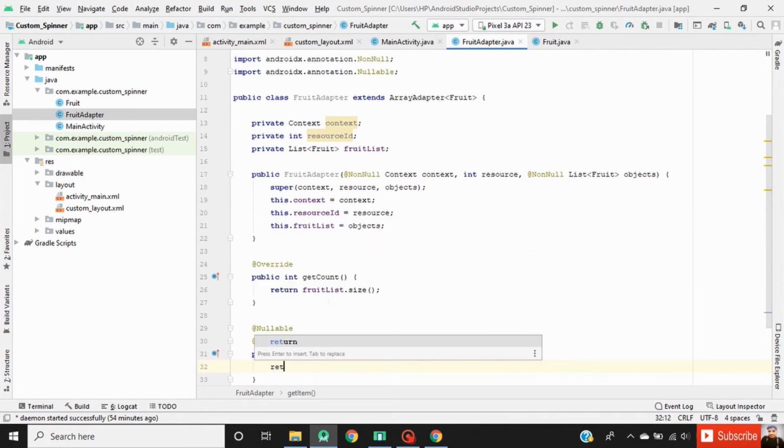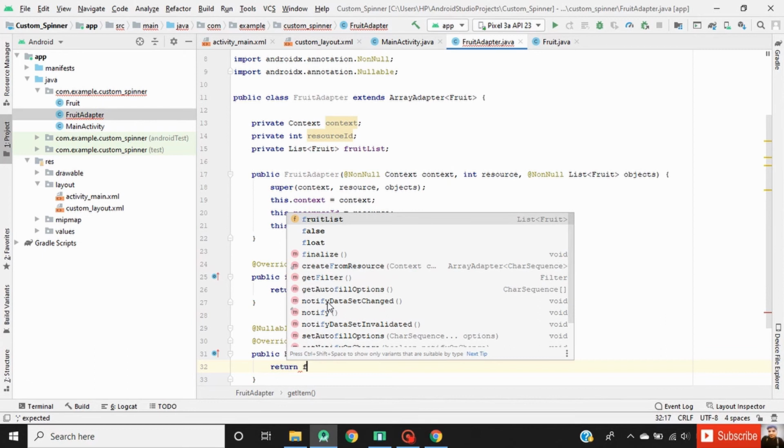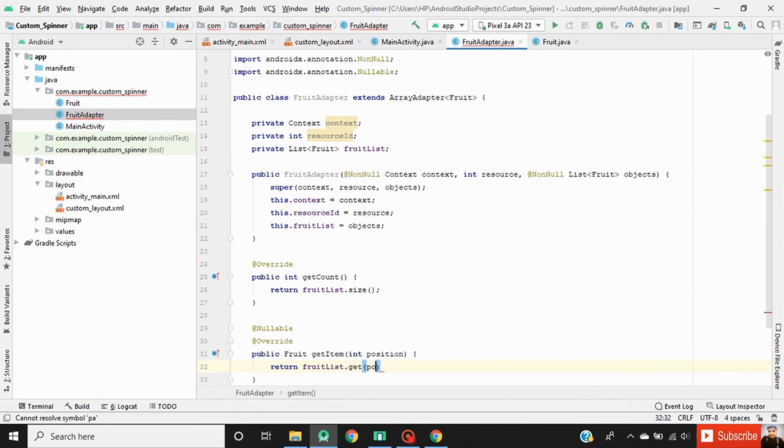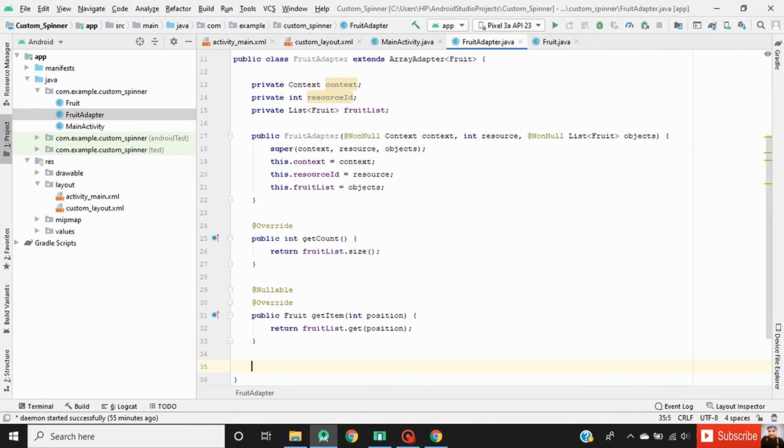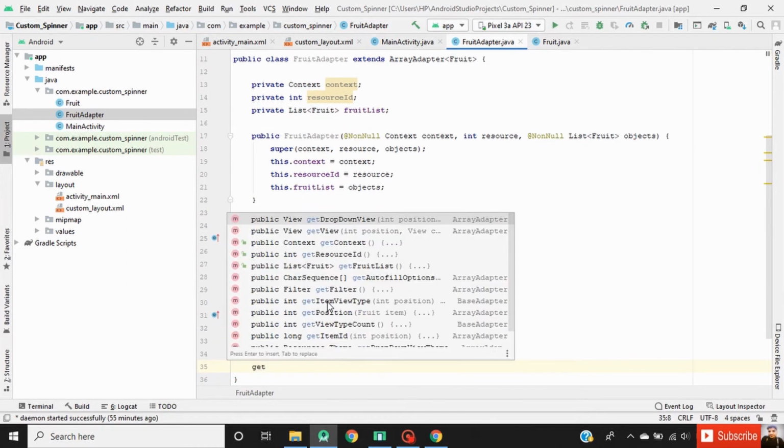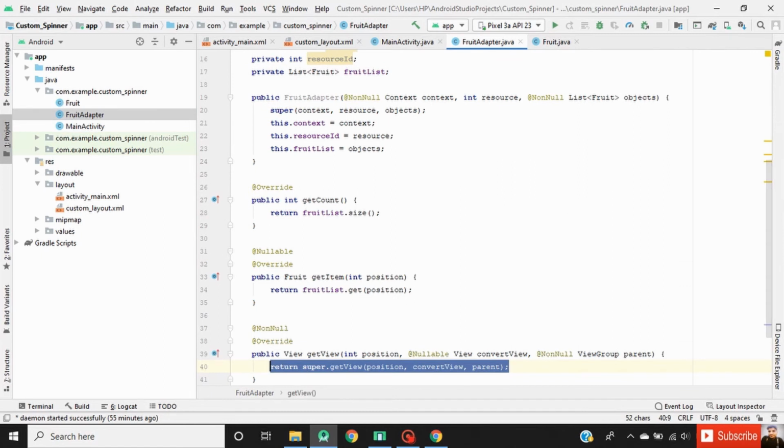Return fruitList.get and then pass position. And the third one is the getView method. It returns each item in the spinner. Here the return type is View and it has 3 arguments: integer, View, and last one is ViewGroup.